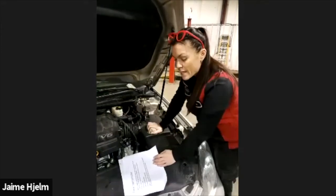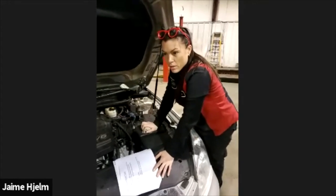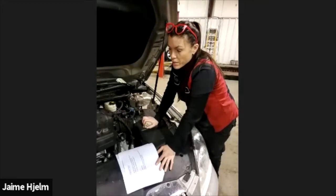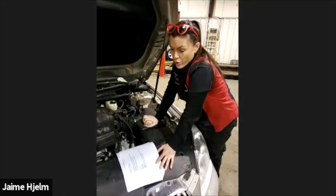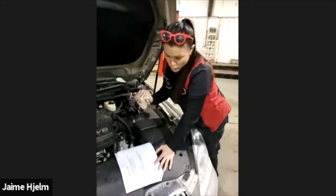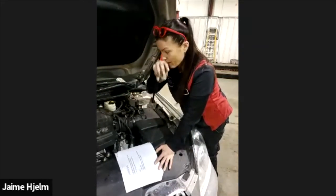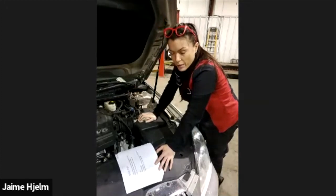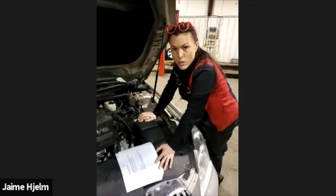Transmission fluid is dark red in color, but power steering fluid can also be dark red. So basically, wherever you park, if you ever pull away and you see puddles of anything, it's not good, whether it's red, engine oil, or clear. The only time a car should leak anything is in the summer when it's super hot and you have your